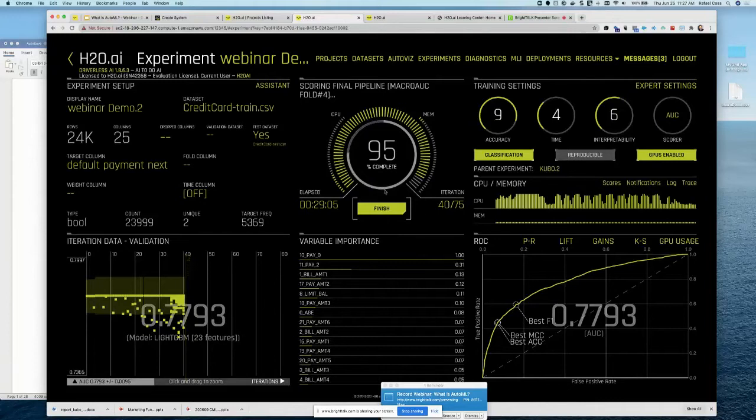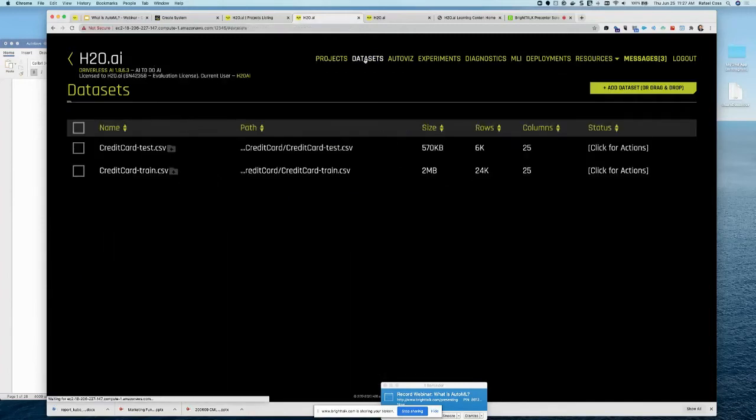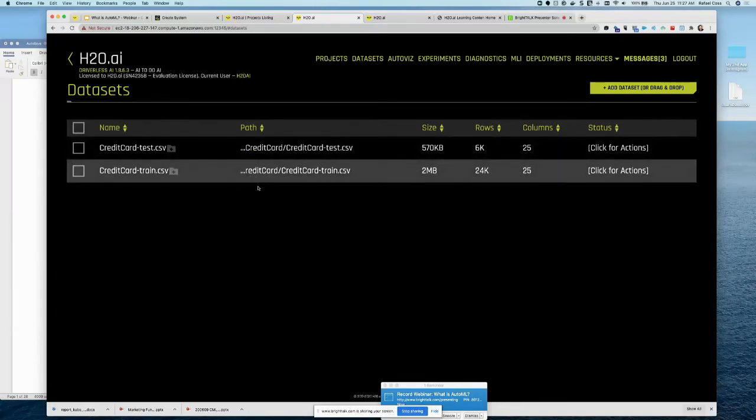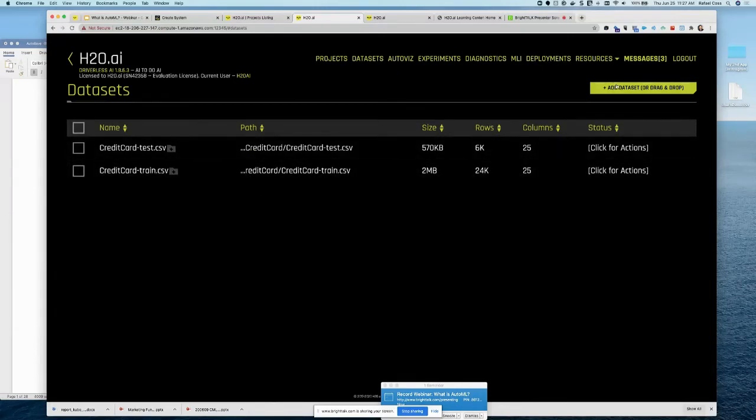And so this is going to continue to the end. So what I want to do is start from scratch, see how we got to this, and then maybe what the next steps are. So from the datasets perspective, here are some datasets that are already loaded. I can add a dataset. I can literally drag and drop a dataset in.